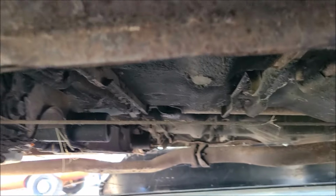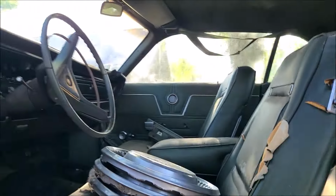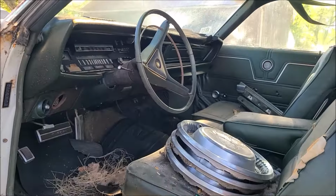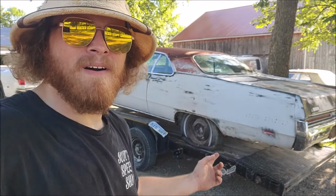Let's see, what do we got underneath here? It's probably rotten right there. It's not too bad back there though. 8 3/4. Part of me really does want this thing, but I just don't know. I could see myself, old man, cruising that thing, hauling a trailer with the race car on the back,